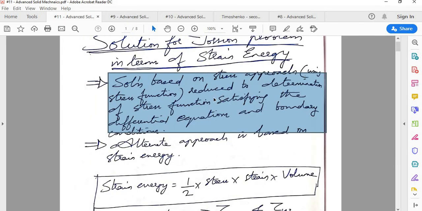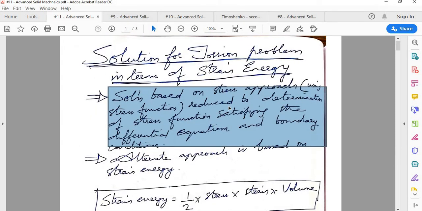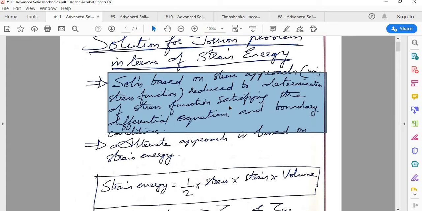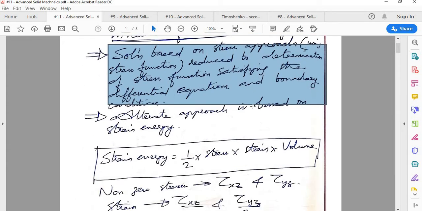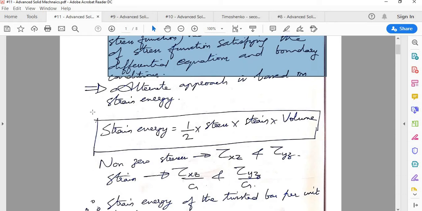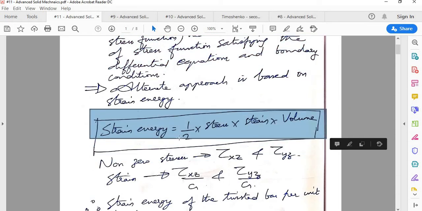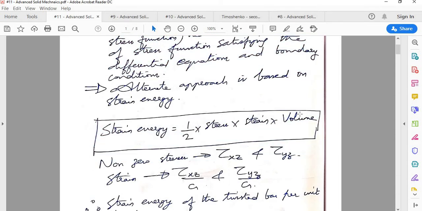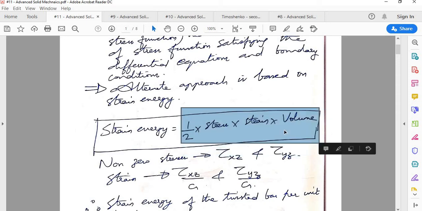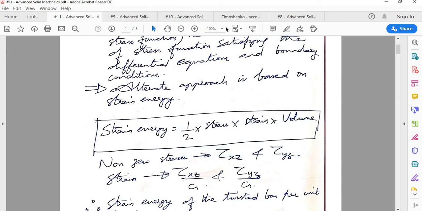Now we are trying to find the solution using the strain energy approach. First of all, let's see what strain energy is. The equation of strain energy is half into stress into strain into volume. You might have studied this particular expression, where the half is for the gradual loading effect and things like that. Now in the case of the torsion problem, we had already seen